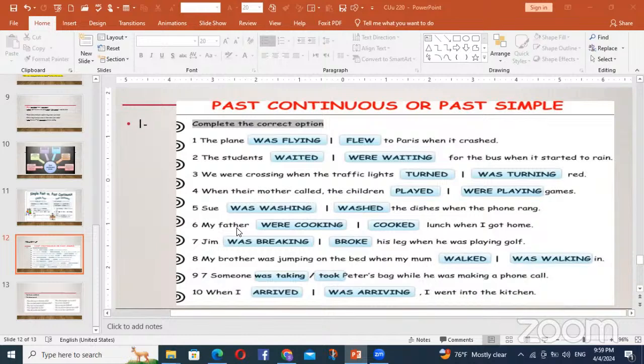Father should have, the word here, father should have a was cooking. But we don't have was here. We have were. Yeah, but this is not a correct option. We are going to use the correct one, cooked. So we have two actions, both of them are short and happened in the past. Happened and finished. We don't care about the duration of the time here. Okay? So is it possible to use two actions in the past?